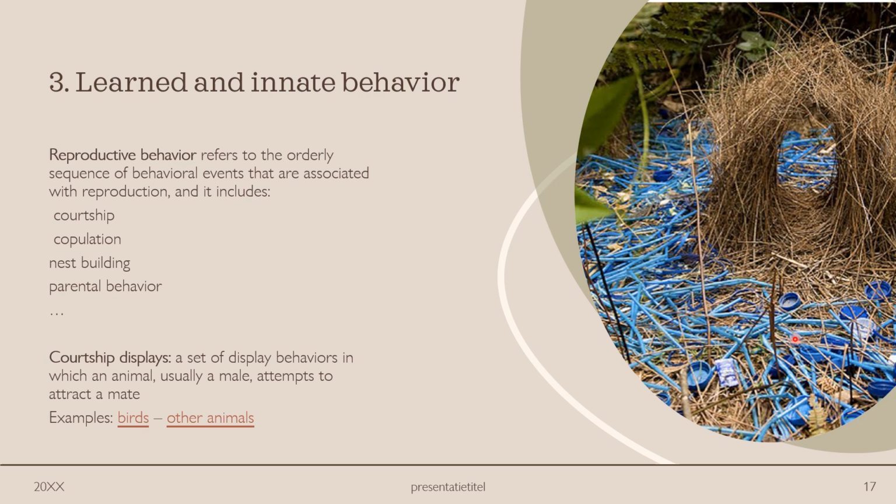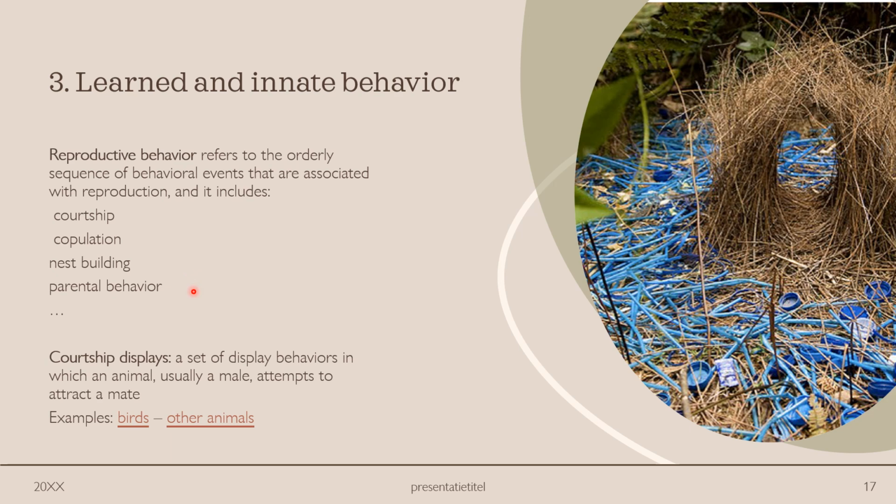But the bird tries to attract a female bird in order to show that he's capable of making a very nice nest for the eggs. So this is an example of reproductive behavior. It refers to the orderly sequence of behavioral events that are associated with reproduction, like courtship, I will explain that further later on, copulation, nest building, that's what I showed you here,